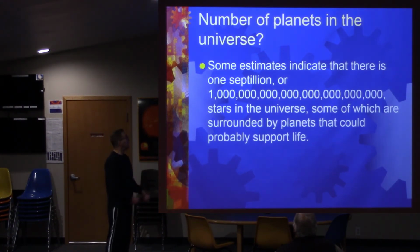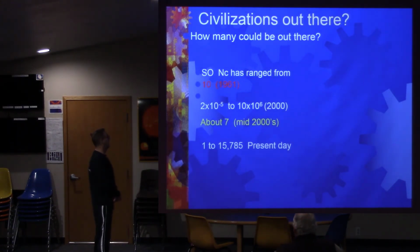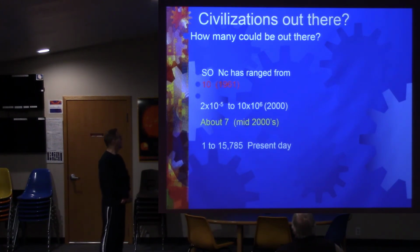But in the universe now, how many planets might there be? Well, it might be close to 1 septillion stars in the universe, and if each is surrounded by planets that could support life, so if it's 5, you've got 5 septillion planets, possibly, if that's the average. So how many civilizations might be out there? The estimates range from 10 in 1961, about 7 in the mid-2000s, to this estimation from 1 to 16,000, depending on all the